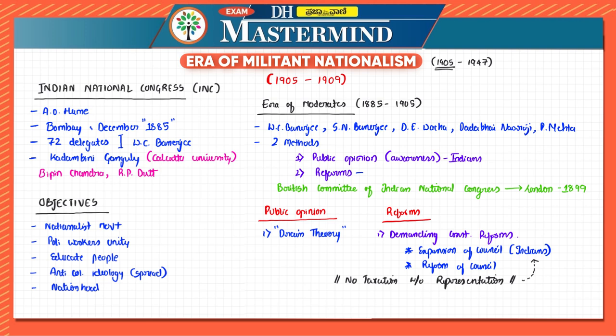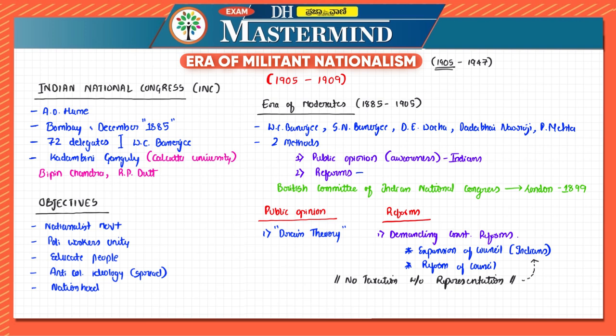For example, separation of judicial from executive functions. They criticized the bureaucracy. They criticized the foreign policy, that is, attacking Afghanistan and suppressing tribals and all. Those things were criticized by the moderates, and they called for expenditure on welfare and irrigation works, and agricultural banks for cultivators, etc. Many of these demands were also fulfilled by the British when raised by the moderates. So it was working. This was the phase of moderates.